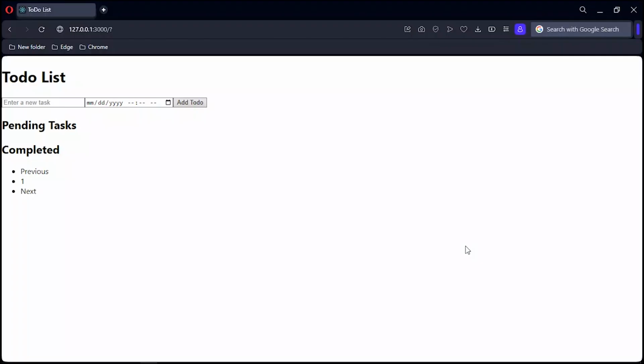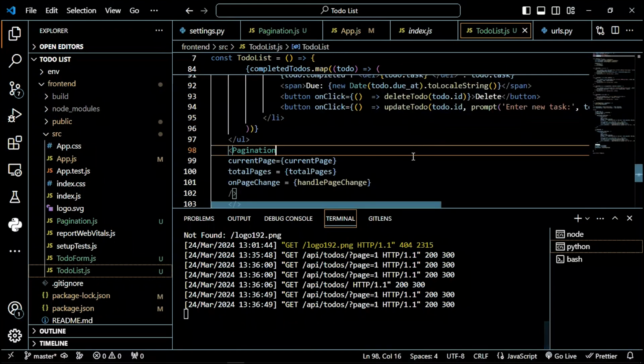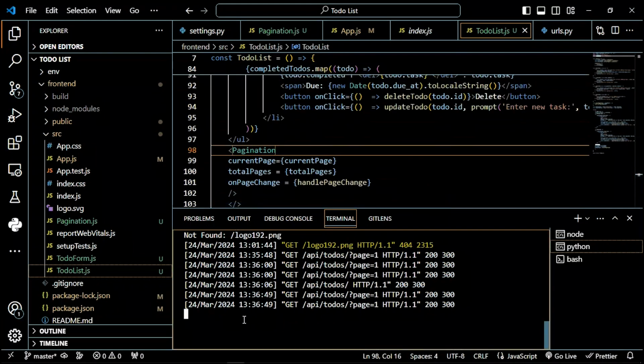guys, I've just noticed that the package that I'm missing is the cross-origin resource sharing from Django. I need to install it in the backend so that I may be able to fetch it in the front end. So I'll go to this backend. Let me break the server, and then I'm going to pip install